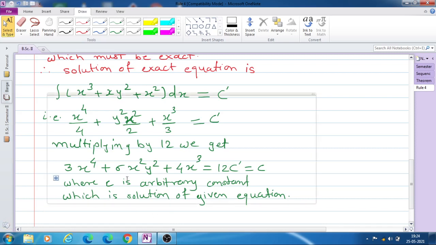So this is the method. You try to solve the examples so that